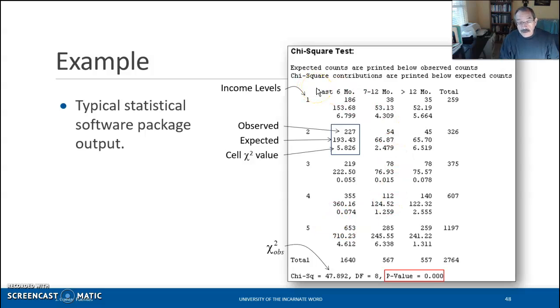Again, typically when I do this with software, I present this to the students and I ask them to interpret the results. Of course, they are familiar with how to produce this using software, and they know what these entries are. All right, so again, I'll leave it there. We're not going to be doing this because we're not using software in this class to solve these problems. So let's move on to the